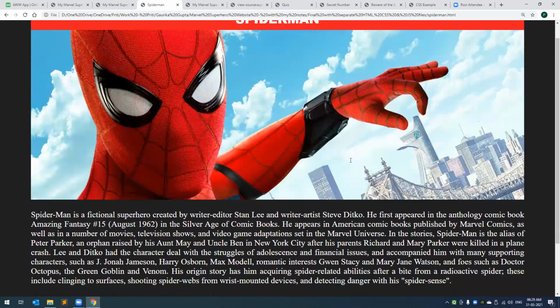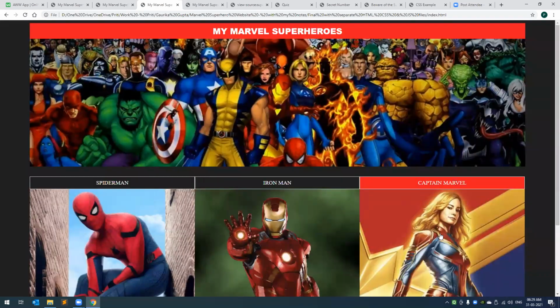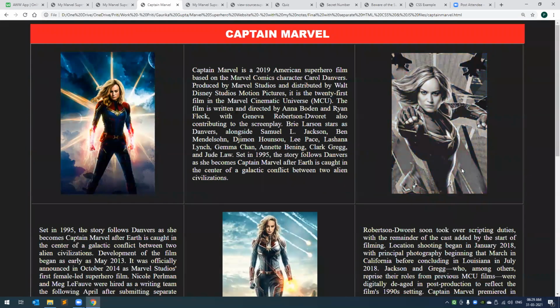That is also happening through JavaScript, right? When I take my cursor over, the image changes. When I take my cursor out, the image changes. So basically, these are events that we can capture, or we can tell the computer that if the user does so and so, you need to change this thing in my file. So that is through JavaScript.